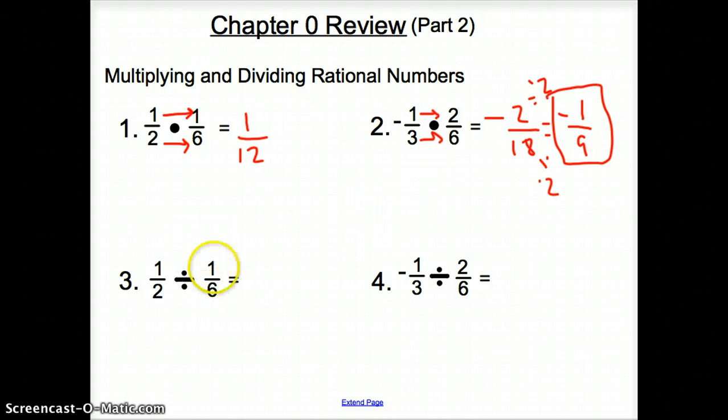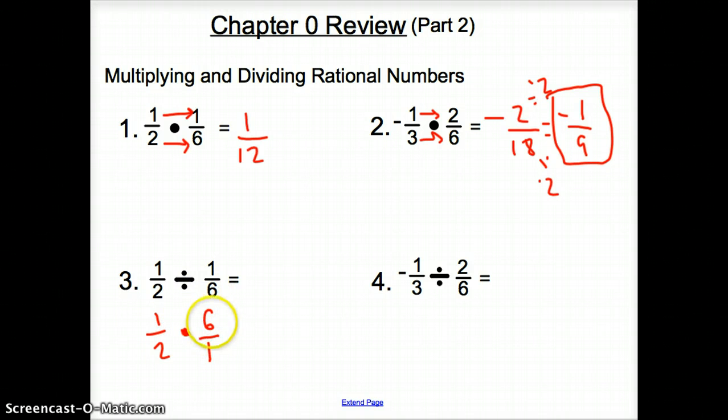Now, when we divide fractions, we have to flip the second fraction. Let me say that again. When we divide fractions, you have to flip and multiply that second fraction. So, let's go ahead and try that. We have 1/2. We're going to flip that second fraction upside down, so we're taking the reciprocal of 1/6, and